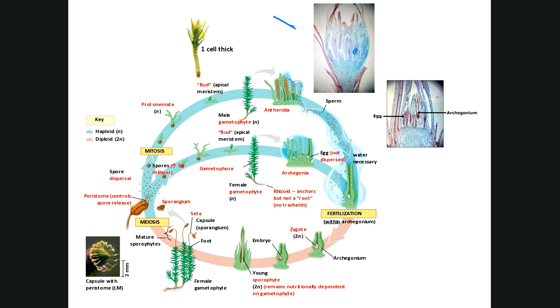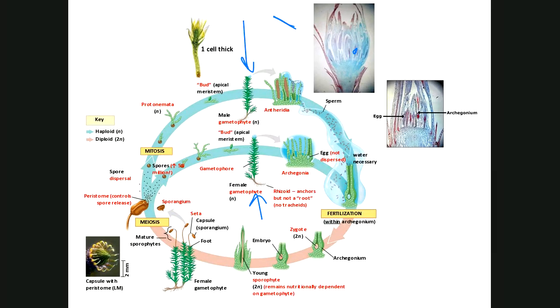Let's start with the male and female gametophyte. We have a male gametophyte and a female gametophyte. The male gametophyte contains the antheridia, and the female gametophyte contains the archegonia. The antheridia and archegonia getting together might occur on different moss individuals, or you want to prevent it, but sometimes it happens on the same one. But scattered throughout that moss are antheridia and archegonia.